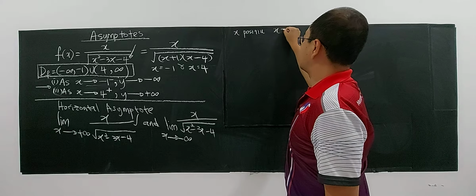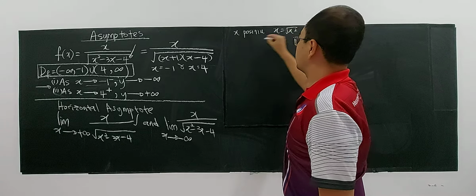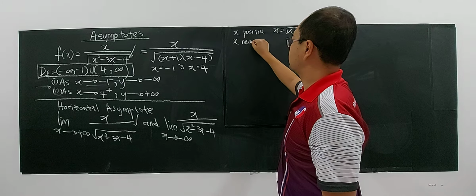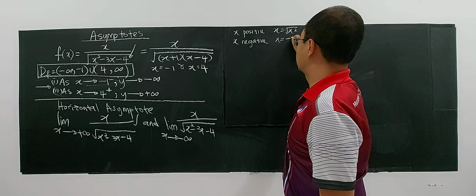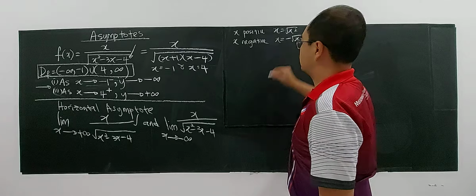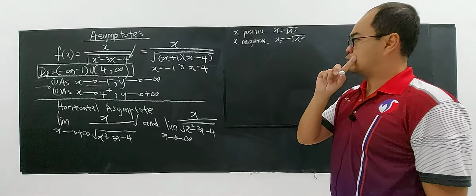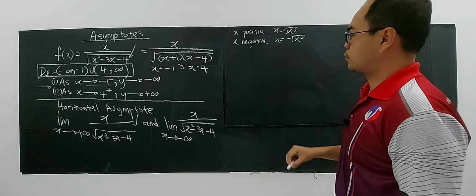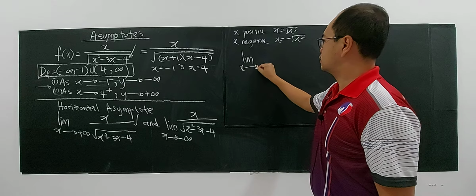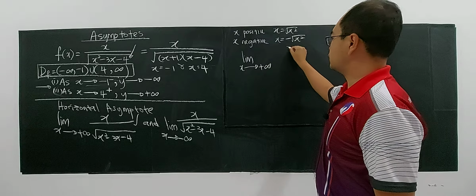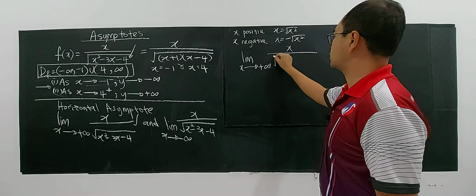I can rewrite x as the square root of x squared. When x is negative, I can rewrite x as the negative square root of x squared. You can refer to my video about this concept. So now I'm going to use this concept in evaluating these limits: x over the square root of